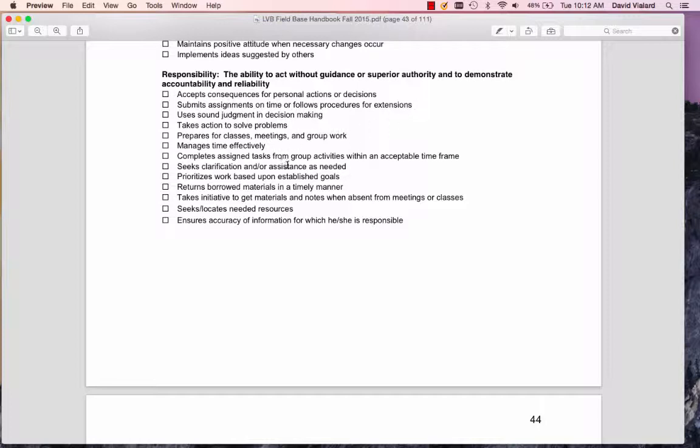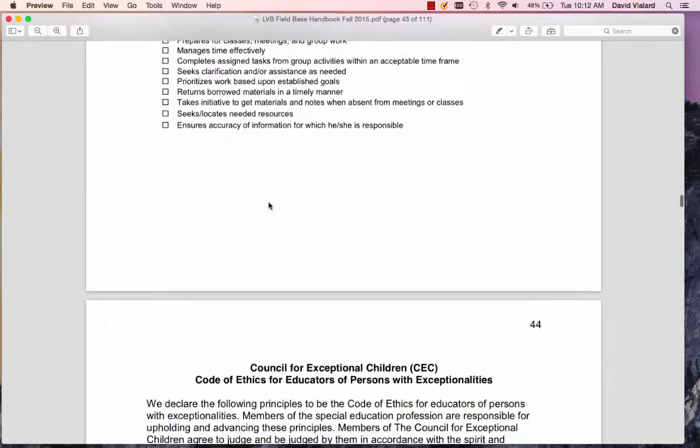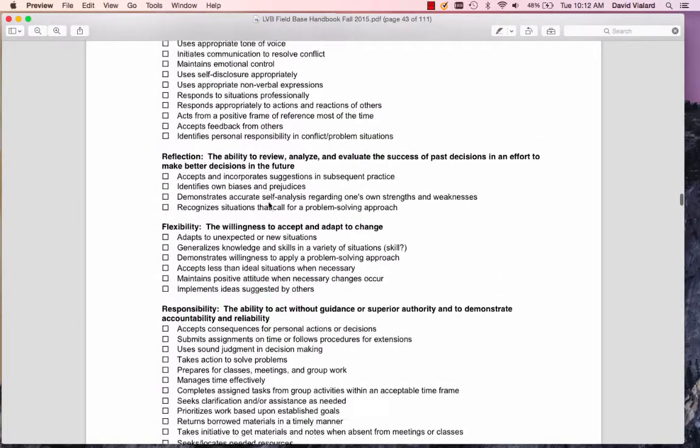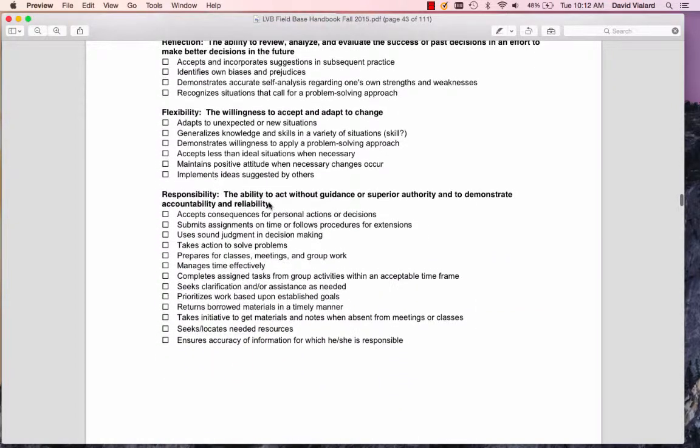Okay, make sure that you prepare for classes, meetings, and group work. Manage your time effectively, completes assigned tasks from group activities within an acceptable time frame. Prioritizes work based upon established goals, and take initiative to get materials and notes when you're absent from meetings or classes. So make sure that you are fulfilling the responsibilities that your CTs are giving you out there,